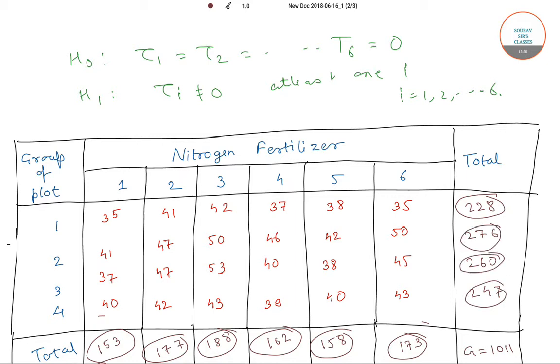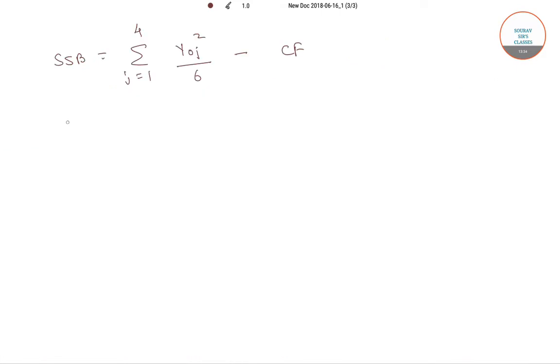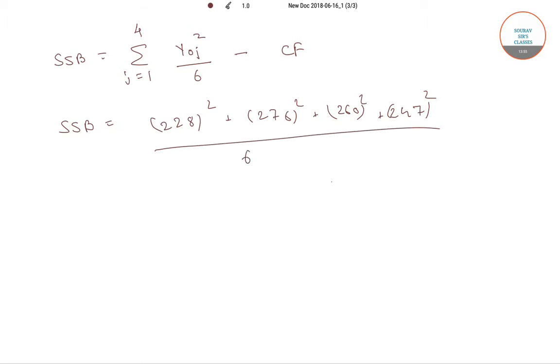So we would have SSB equals to 228 square plus 276 square plus 260 square plus 247 square, this divided by 6 minus the correction factor, which is